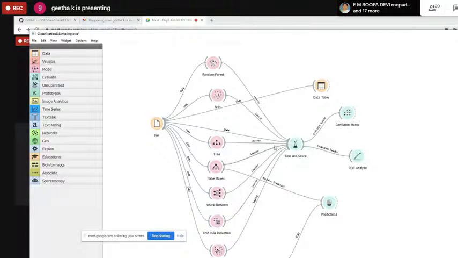Okay, let me re-explain this diagram again. In image classification, we have seen one widget called distance, which is used to compute the similarities between either the images or data sets or anything in the feature vector. The same way, we can use the test and score widget for doing the computation based on the predictions. If you want to predict anything, we have to use the widget called test and score, which has to be